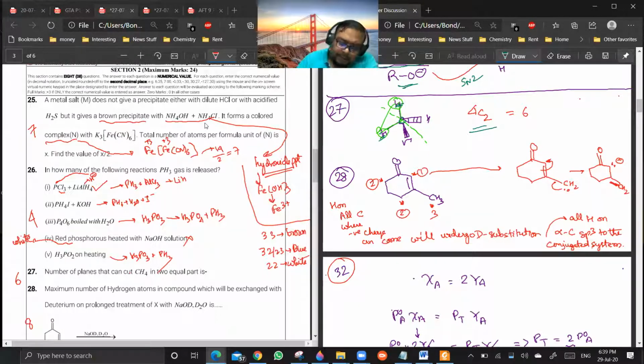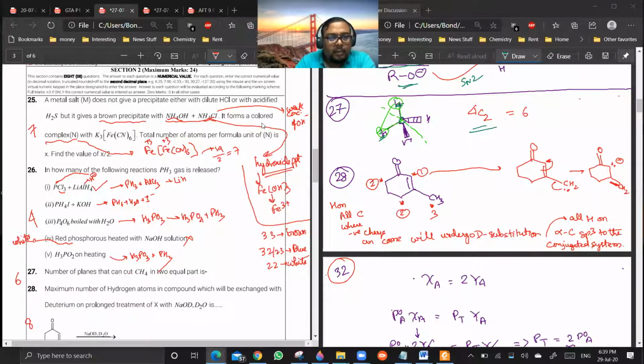One minute. You see, NH4OH plus NH4Cl. This is representing a weak concentration of OH minus. Okay, it won't be done by the group analysis. It will be representing the weak concentration of OH minus. Are you getting my point? NH4OH is a weak base, and its dissociation is further decreased by addition of NH4Cl. This point you are getting? Yes or no? Yes, sir.